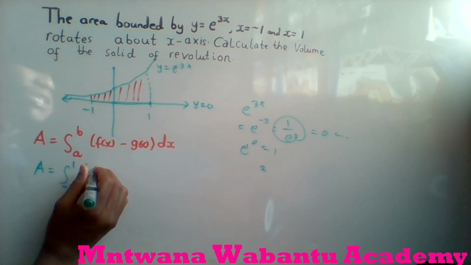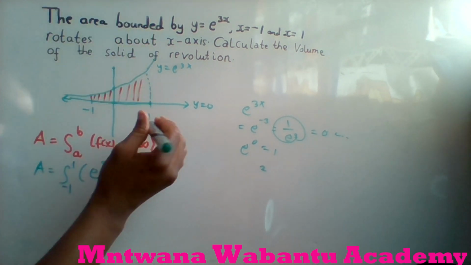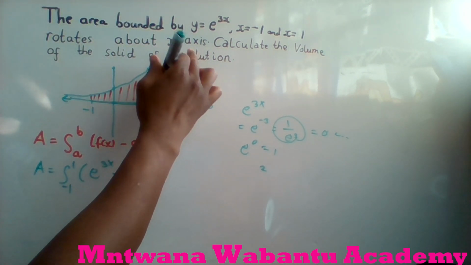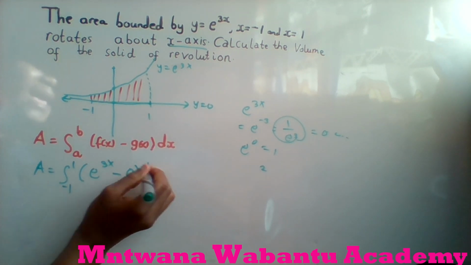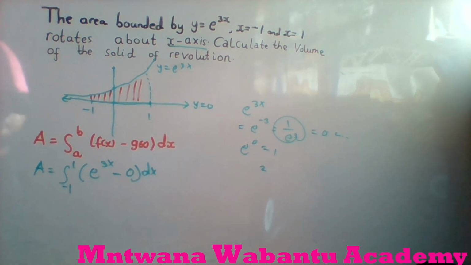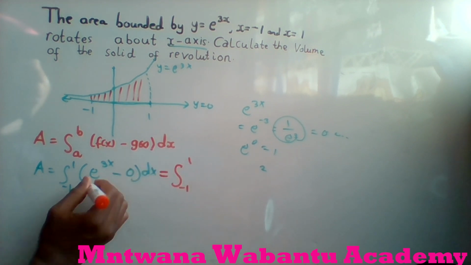Top function is e^(3x). What is the bottom function? Bottom function is y equal to 0, because they say it's bounded with the x-axis. X-axis, y equal to 0, and they say dx. So now the question is finished. What we're going to be dealing with now is just a normal integration. Let's go. So now this time we say equal to integral from -1 to 1,